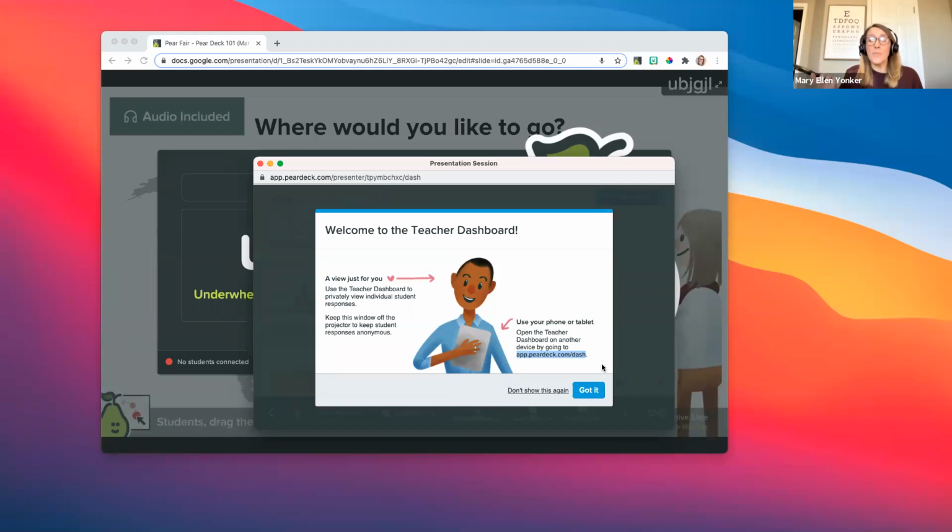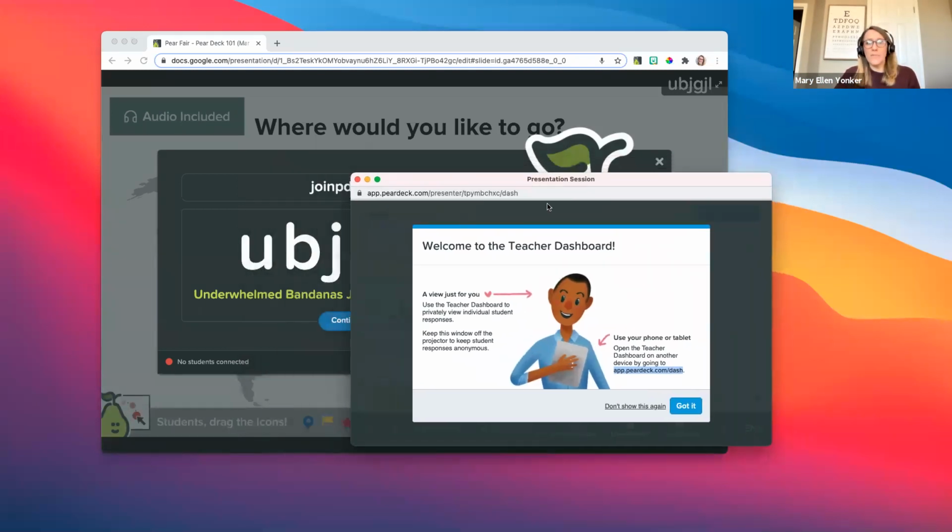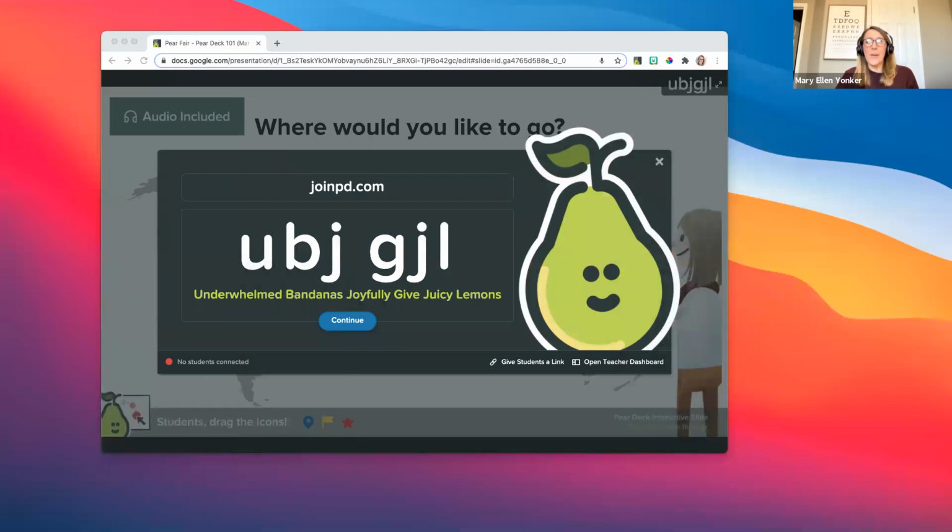So if you have a smartphone, you can go to your web browser and type in app.peardeck.com/dash. When you sign in with the same Google account that you launched your presentation from, it will take you to the teacher dashboard on that second device. So I'm going to go ahead and move this one to my second screen, and we'll come back to that later.